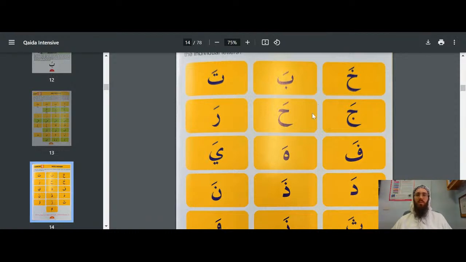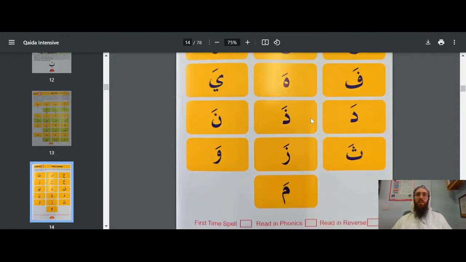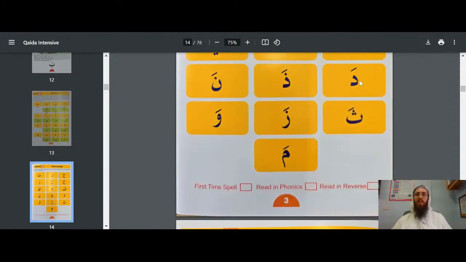Let's find one that's a little bit different. We go down to this row. This one is a dal. Yeah, that's the name of the letter. But if it's a dal with a fatha, it's just going to be da. And then dhal is the dal with a dot, right? And if you have dhal with a fatha, it's just going to be the. Here we have a noon. Noon with a fatha is na,